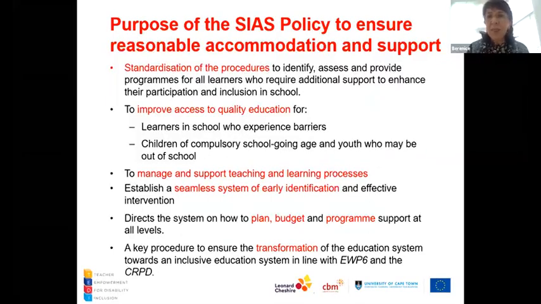Okay, understanding the transformational aspects of the CIAS policy. What is the purpose? Why did we do that? So for many years, children were being referred for support or referred to special schools in various ways. There was no standardized procedure in our country. And so you'd find the situation in some of our special schools that there were many learners there who really didn't need to be in special schools. They didn't need that high level of support, and vice versa.